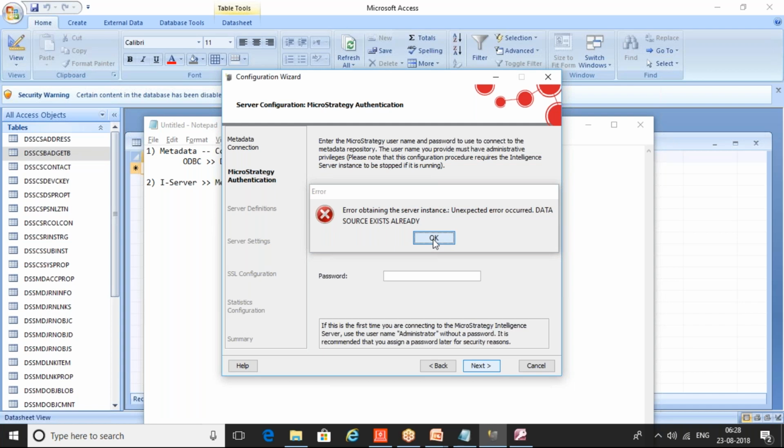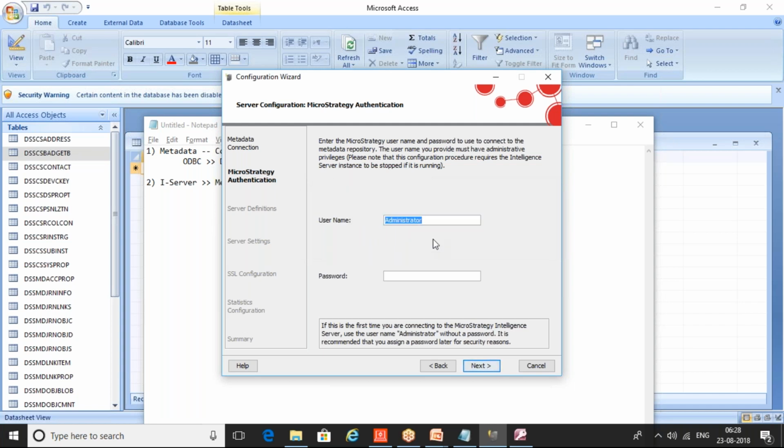But in case you're trying to do it from your end, in the next step it will ask you to give a server name. Once you give that server name, you can simply click on finish. Your iServer would be configured successfully. And when we say the iServer is configured successfully, it is now pointing to the required metadata. So if I show you,